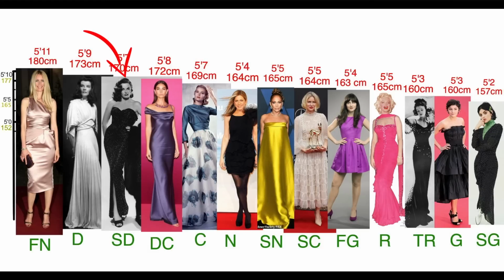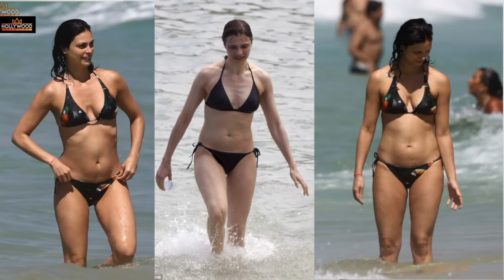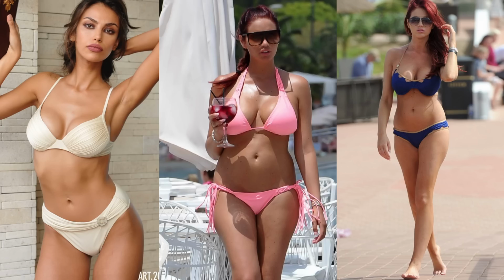So their height is moderate to tall, usually 5 feet 5 inches and over. It doesn't mean that soft dramatics will be extremely tall. They can be though, because their frame, their bone structure is still dramatic, which is elongated and sharp. Body type is fleshy, unless ultra thin, particularly through the bust and hip area. Usually have long legs and arms, which can become fleshy in the upper arm and thigh areas without exercise. Usually have a moderate-sized waist, which can become thick. Bone structure is large and angular.